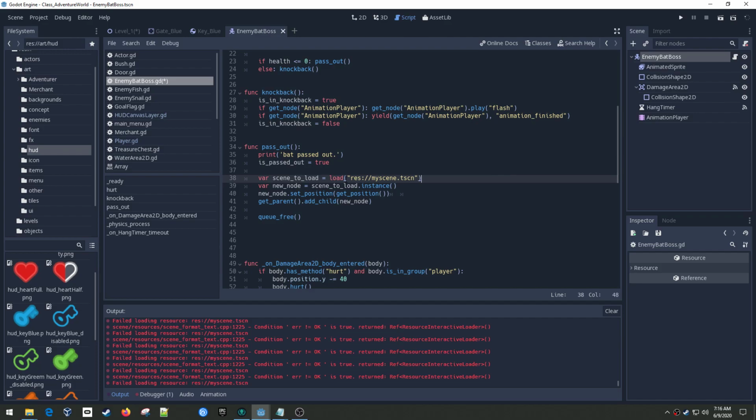So we need to load a scene, and then we're going to instance that scene, set the position, and here it's just setting the position to the current position, which is perfectly fine in this situation because I want to spawn the key at the position of the bat. Then we're going to get the parent of the bat, and we're going to add this key to that